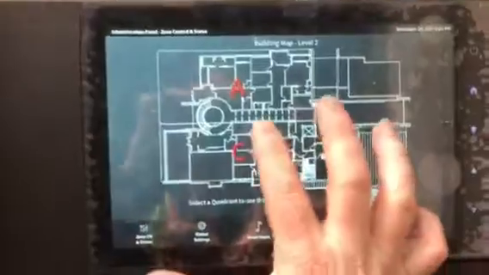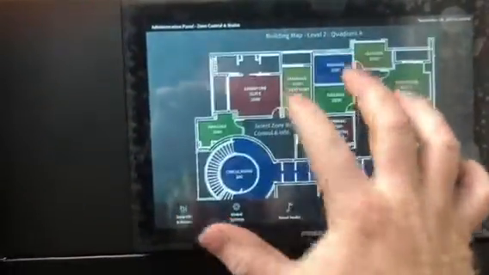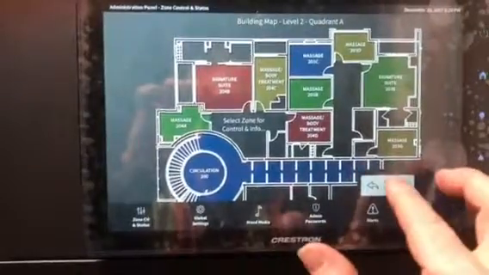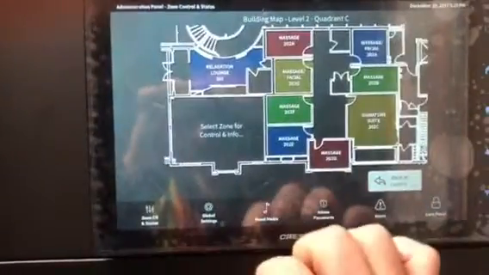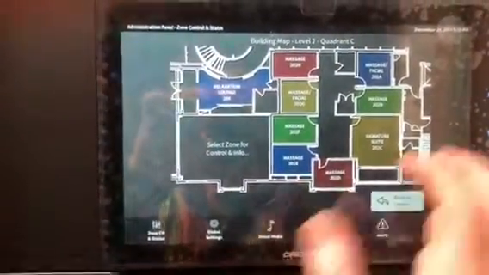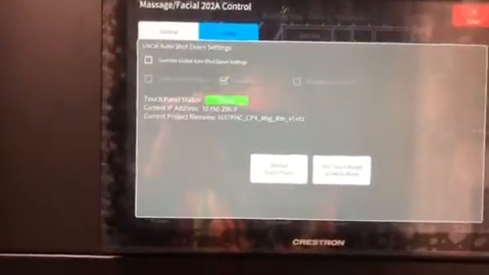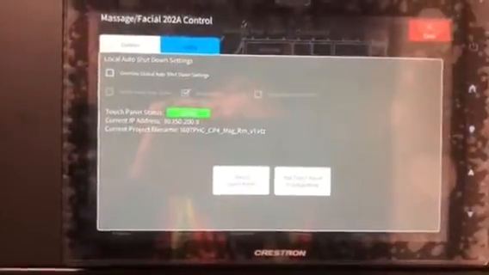Doing this kind of through the camera, which is weird. So where's 202A? Oh, is that down? That's in section C. So there's 202A. Now if you go to this utility page, you can see that the touch panel is online and stuff, but for whatever reason it may,